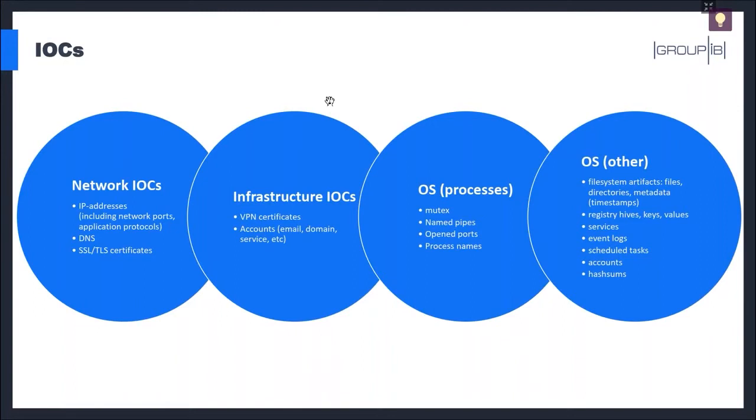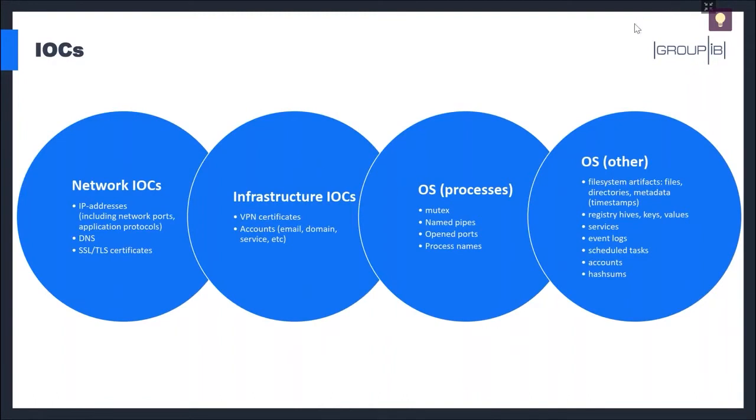With IP addresses and DNS, it's fine, but SSL and TLS can help us to identify whether the certificate is bad, or for example, it's Let's Encrypt if we don't trust it, and so on and so on. Infrastructure indicators of compromise means we have any compromised VPN certificates or compromised accounts, which could be the Active Directory, email, and some service